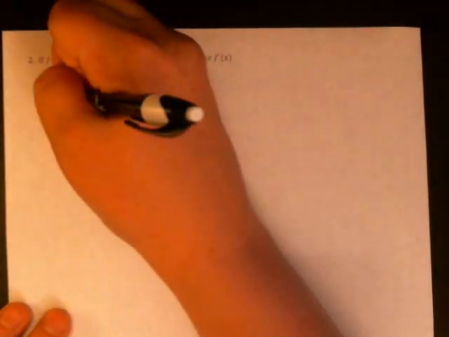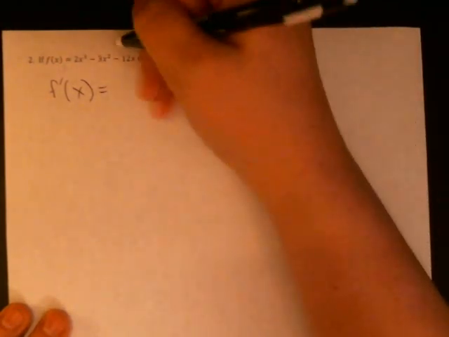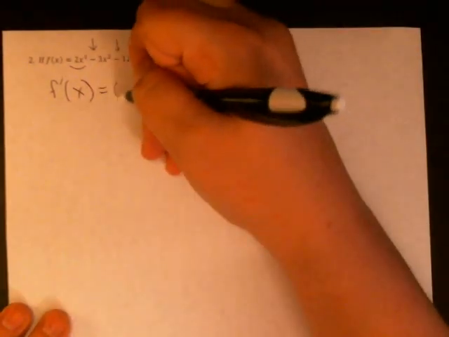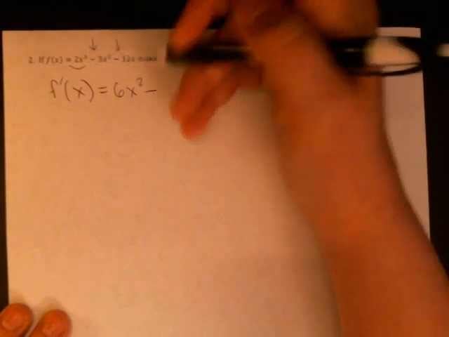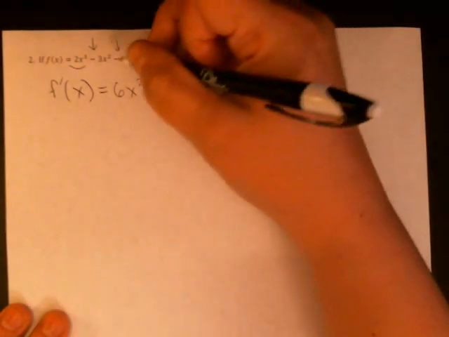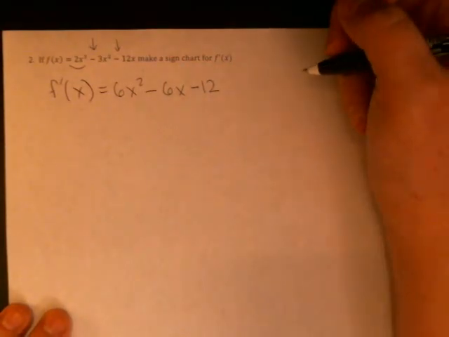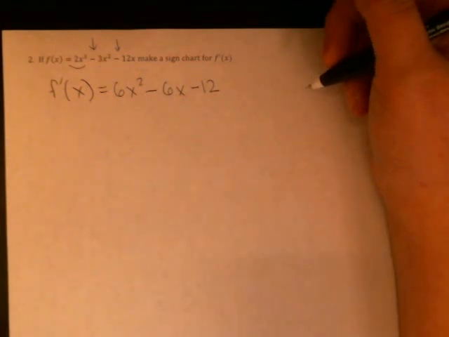Okay, so if I want to do that, it seems like a good plan to find the derivative. So we have the sum and difference rule first. 2x cubed, the derivative is going to be 6x squared. And then 3x squared, the derivative is going to be 6x. And then 12x, the derivative is going to be 12. So there's my derivative. And usually the best place to start for a sign chart is with the zeros, or